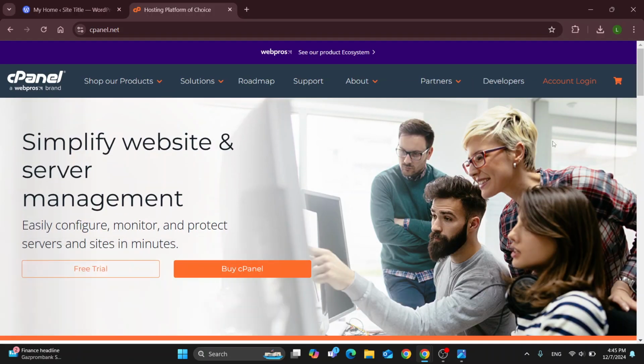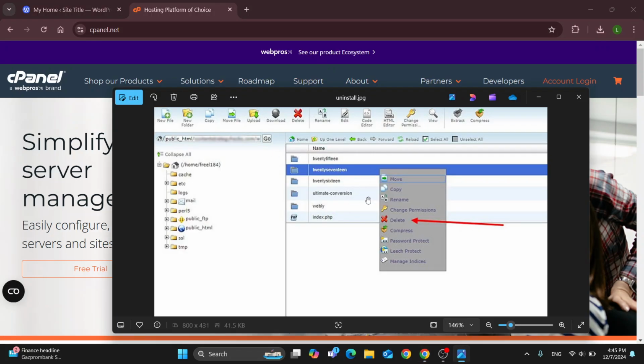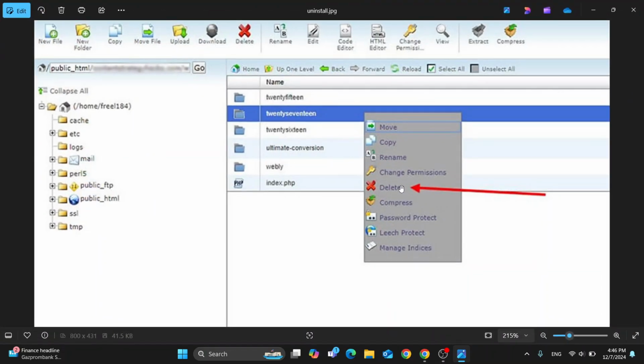So basically guys, after you have logged into cPanel and you have opened up your website management tool, it's going to look like this. And basically guys, what you're going to do is to go ahead and access your cPanel, as you can see right here, and find your website. Once you have found your website right here, as you can see in your panel section right here, you can right click on this website that you want to uninstall, as I'm showing you right here, and after right clicking,